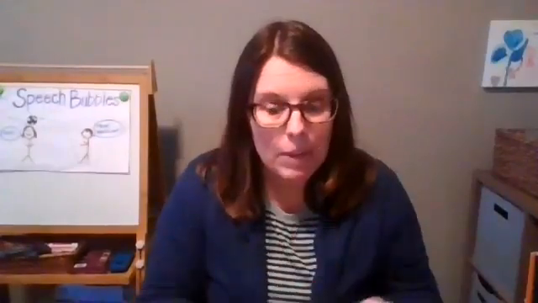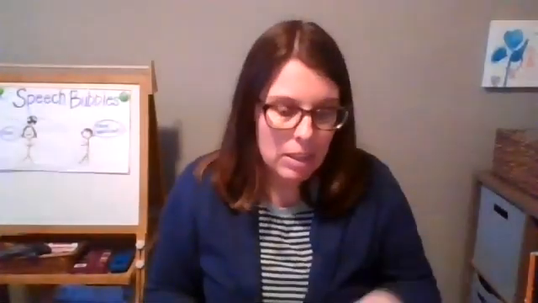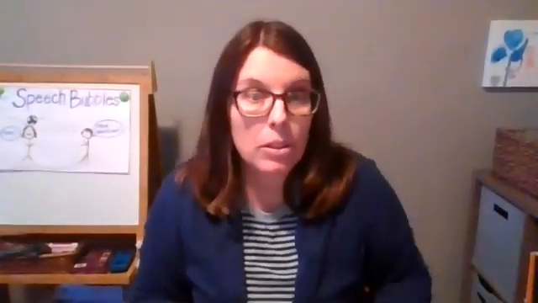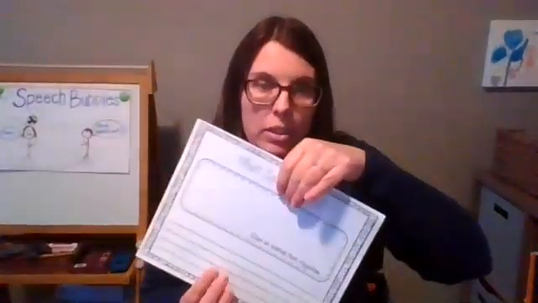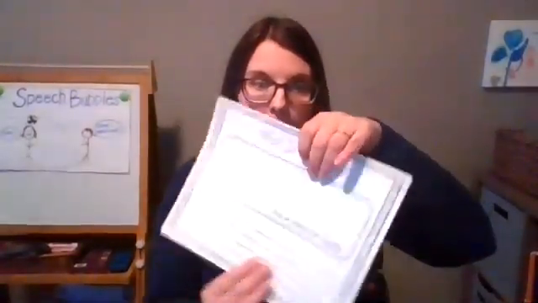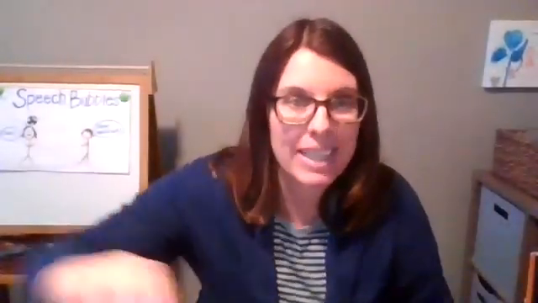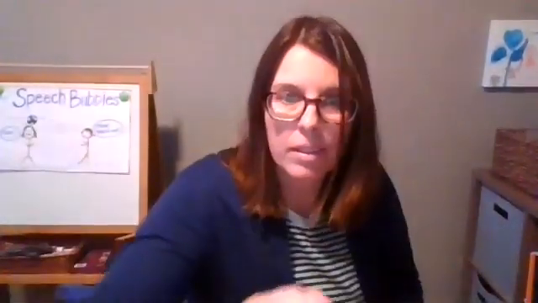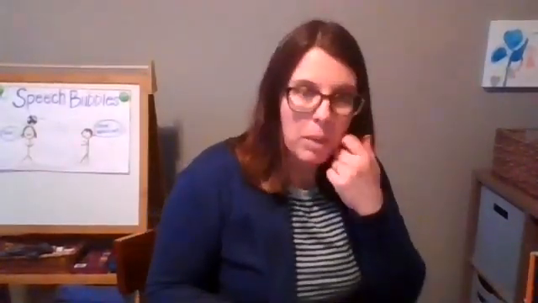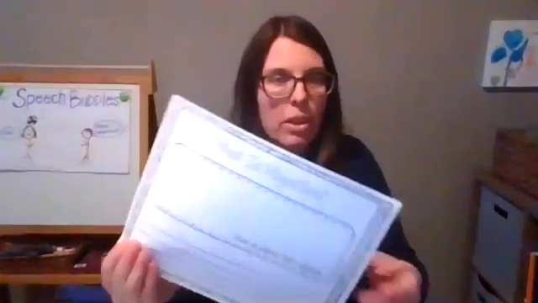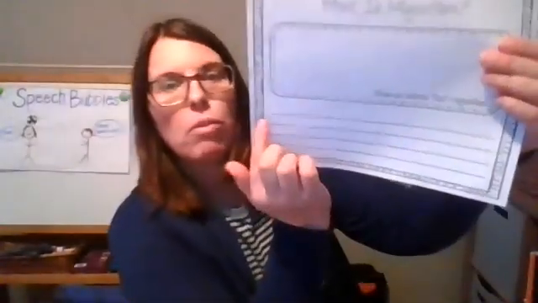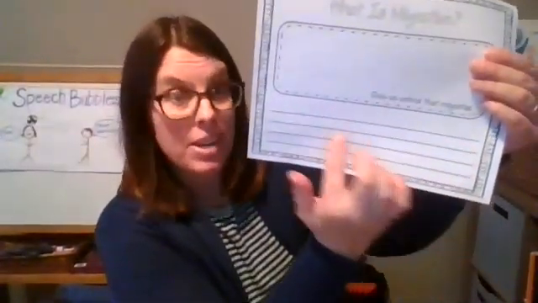So what I want you to do is I want you to have a paper like this. I want you to get a pencil, and you might want some markers or crayons for drawing your picture. So go ahead, pause me if you need to, get all set up, and then we'll do our writing together. Okay, everyone. So we are going to start out on this paper by writing the definition for migration down here. Now you can go ahead and do that in your own words. I know that you know what migration is.